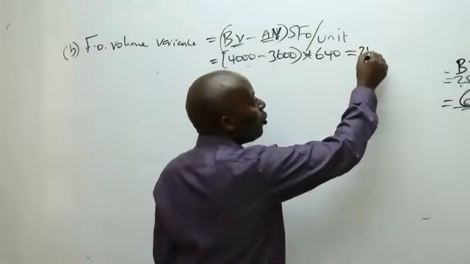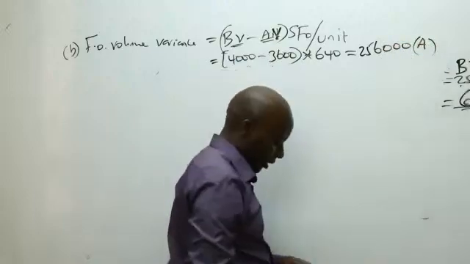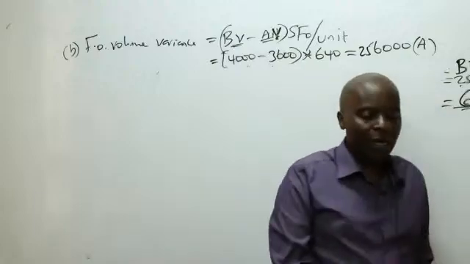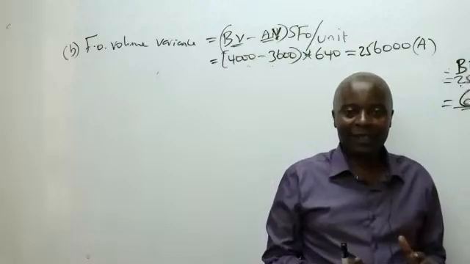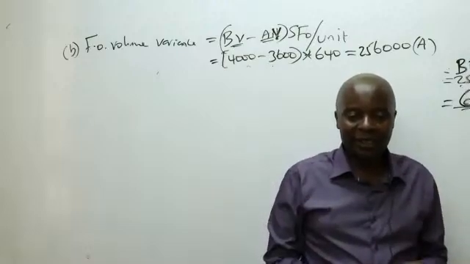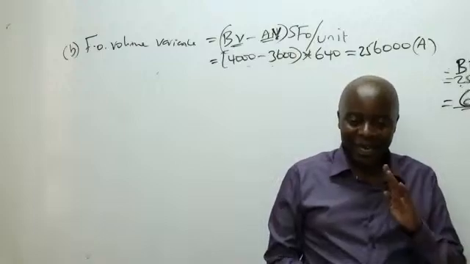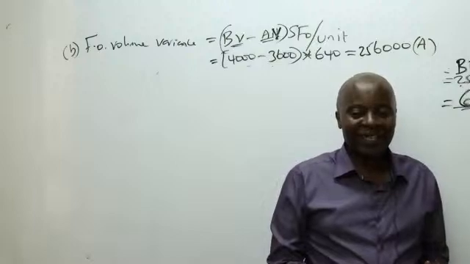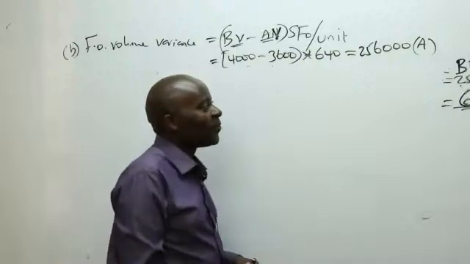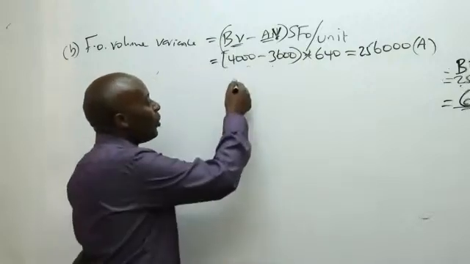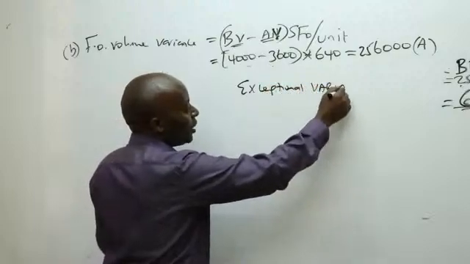256,000 F. Majority are saying F, not A. Is there anybody saying A? Yes, I can see someone, Noor. Noor is saying adverse. Ladies and gentlemen, remember we have variances we normally call exceptional variances, which we normally